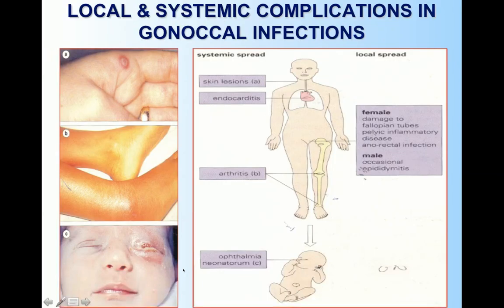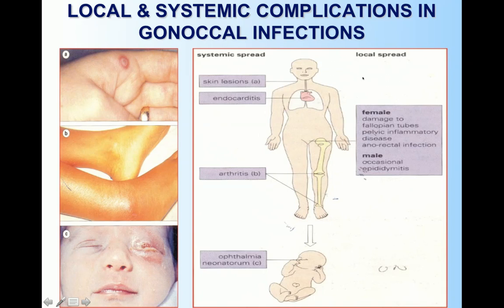This slide is showing you the various complications of gonococci, which we have already discussed. With disseminated infections, there could be polyarticular tenosynovitis. We have done this in detail, or there could be skin lesions as you see over here. There is papule or hemorrhagic pustules develop from this papule, or there could be carditis, involvement of the heart valve. The organisms may go and settle down in the large joints, producing arthritis.